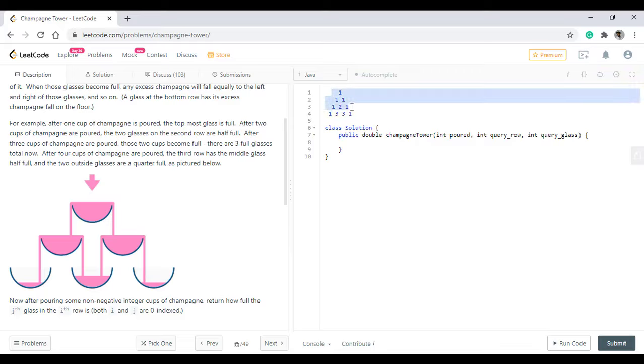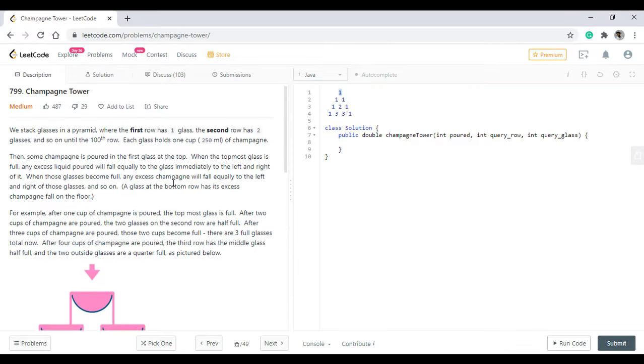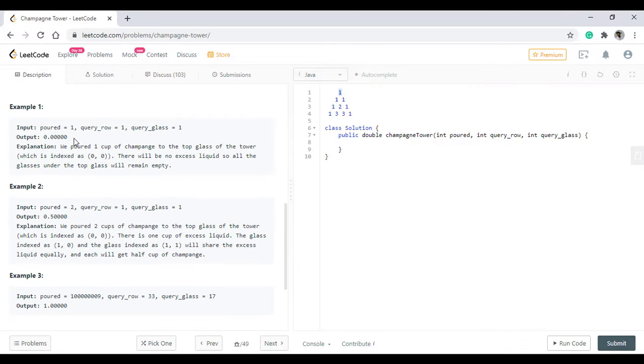Now this is a known pyramid kind of structure, which is Pascal's triangle. We are seeing this Pascal's triangle and we need to find out how much wine will be poured into each glass. If we are pouring one glass of champagne, like given in the first example, and the query row is one row and one glass. The row and glass are from 0th index.